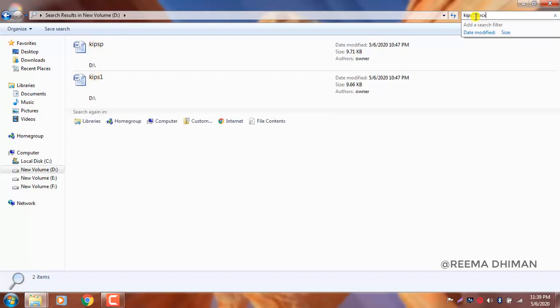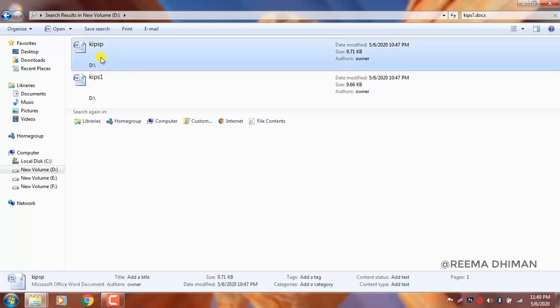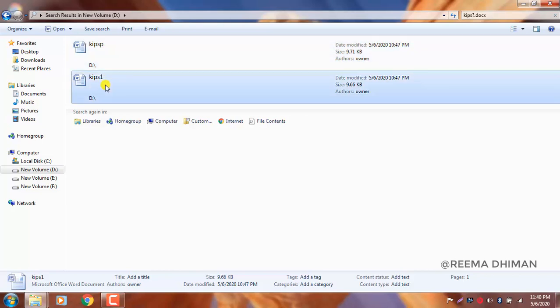As you can see the search results, first case caps P, the name is starting with caps and after caps there is only one letter. Similarly, in this case the file name is starting with caps and after caps there is one character.